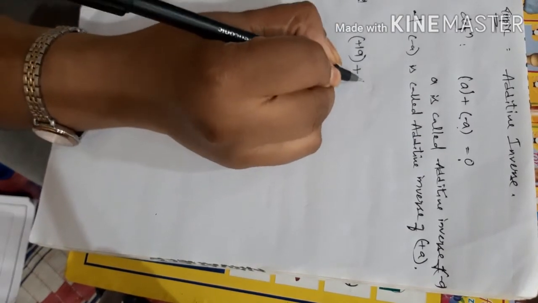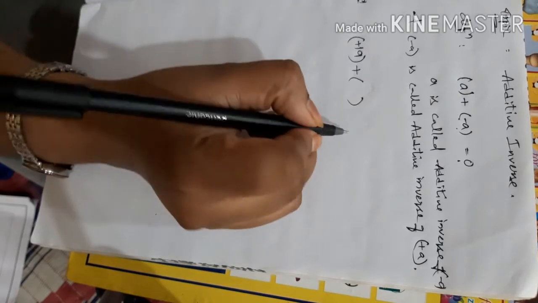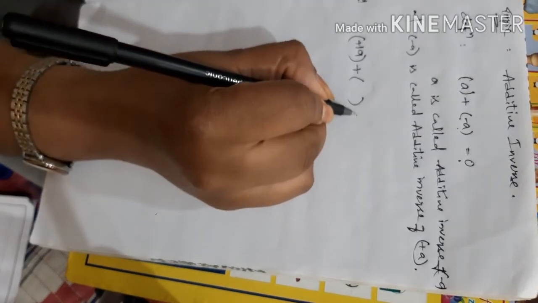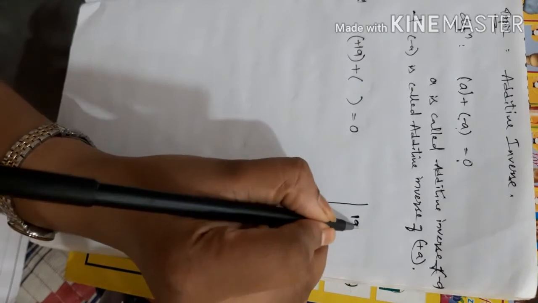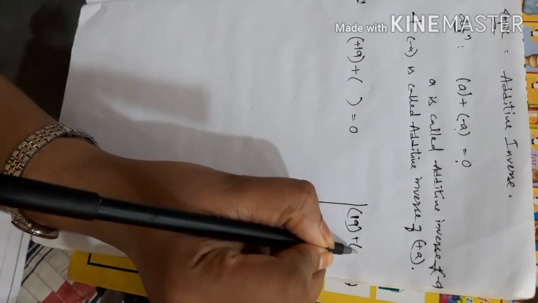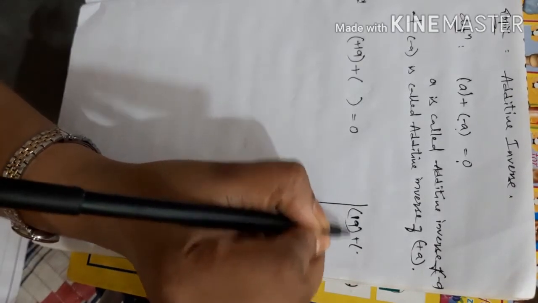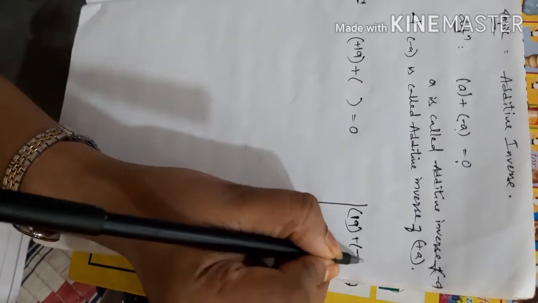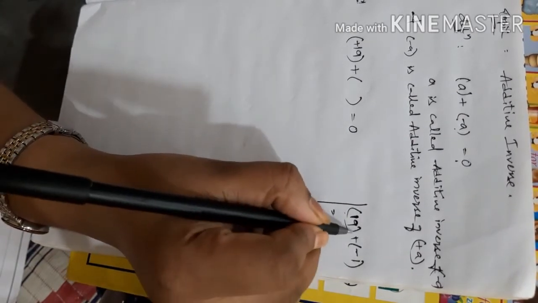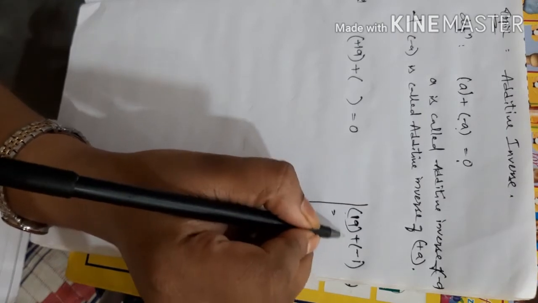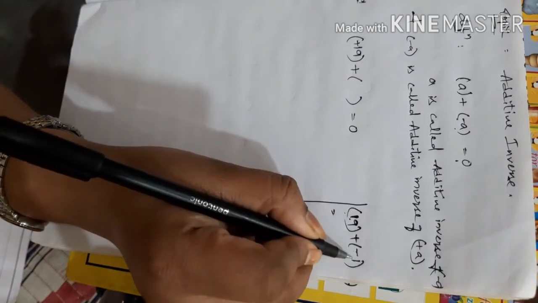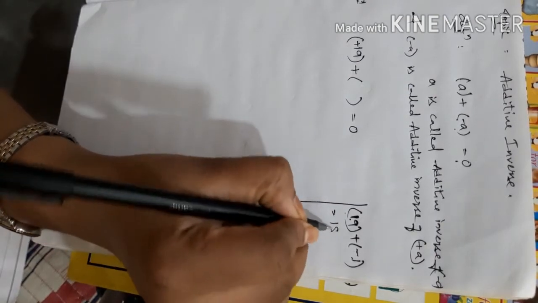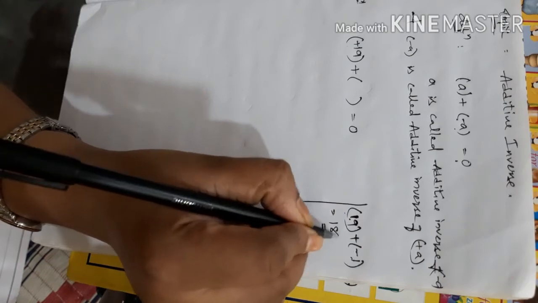Okay, by adding which integer to this 19 will you get 0? For example, this is rough work. Okay, 19 is there. Because it is a positive one, I want to take some negative. Now what is the answer? 19 and minus 1. If you add one positive and one negative integer, because it is 19 and minus 1, you will get 18. So do you feel 18 is 0?